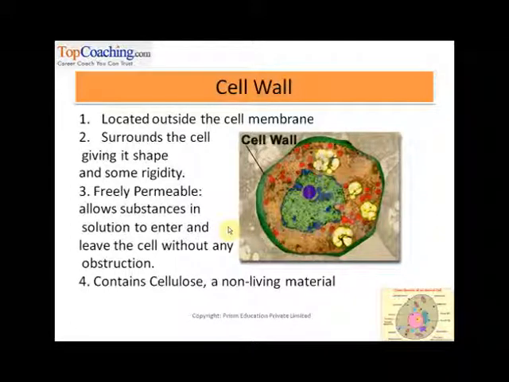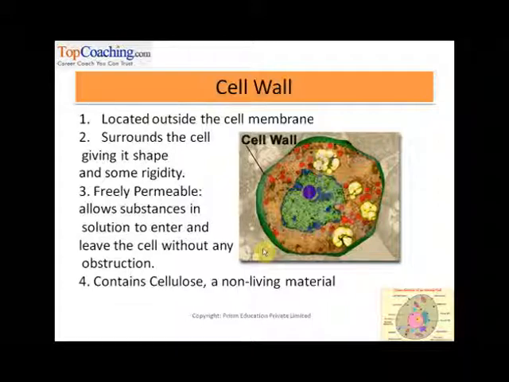Okay, so some cells, in addition to the cell membrane, also have a cell wall, right? So cellulose is an organic compound. Its formula is C6H10O5, and it consists of a linear chain of over 10,000s of glucose units. And the paper board on which you give your exams, and the paper that you use, is primarily made of cellulose. Wood pulp and cotton is where it is obtained from. So the cell wall is primarily made up of cellulose.